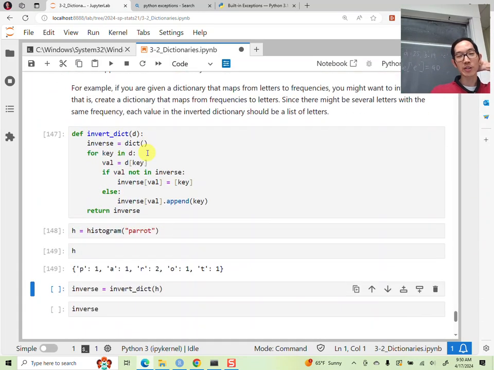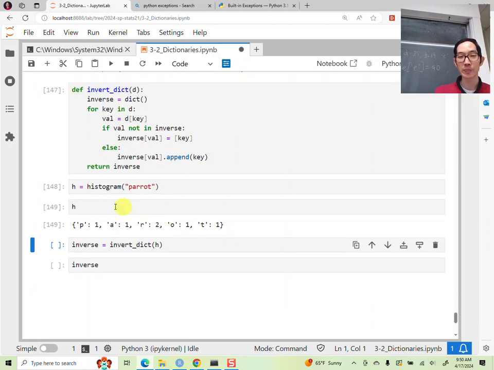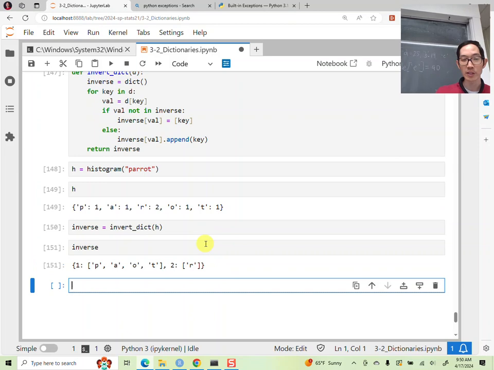So the inverted dictionary is going to first reverse the thing, and if it encounters the same value more than once, then it will append it. So here I have parrot, and P appears once, A appears once, R appears twice, O appears once. And so if I invert this, now I get two keys. One, and it says these values appeared once, and